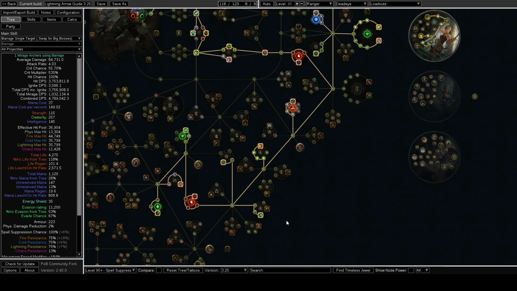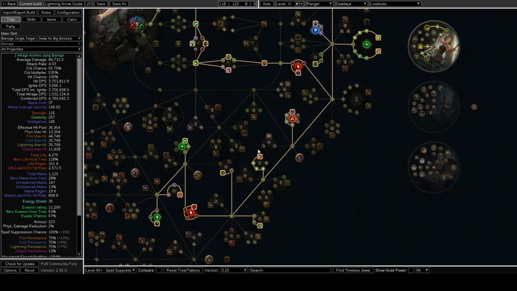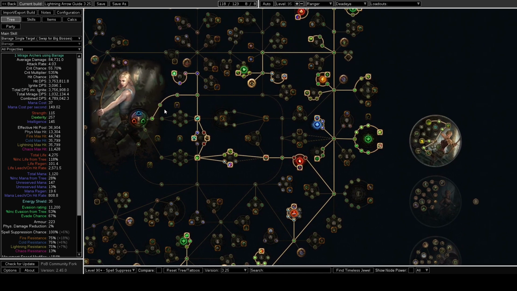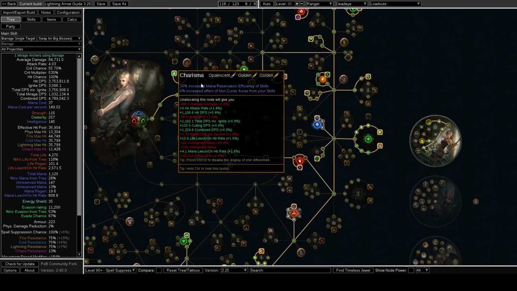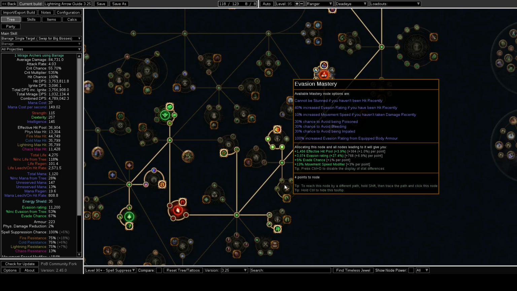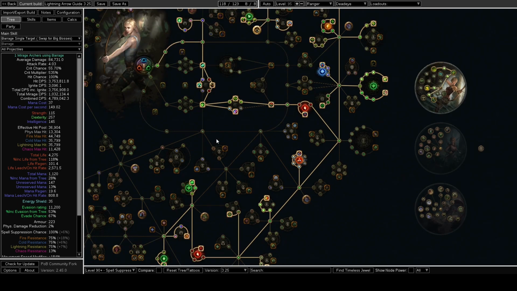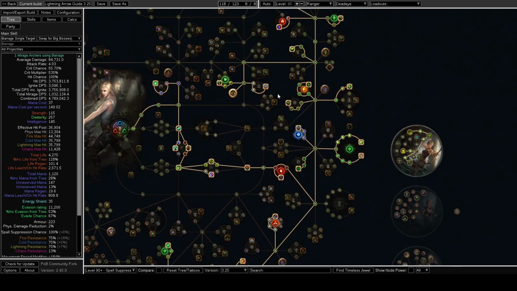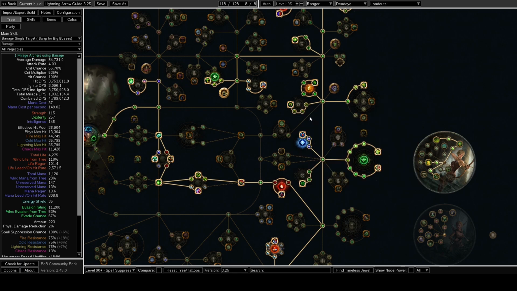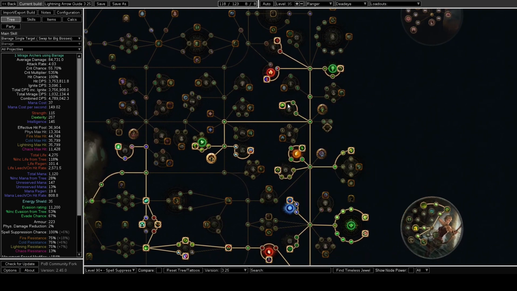And then at level 90 we swap around some of the tree a bit. We start going around the top side instead of through the projectile damage nodes, and we pick up the mana reservation efficiency. We pick up the mana reservation efficiency down here. We unspec the movement speed nodes, because we will have haste. We get the spell suppression, so spells don't one-shot us, and we get some other quality of life stuff like